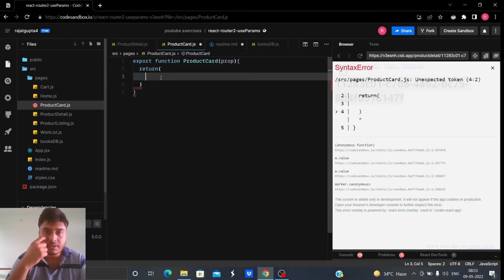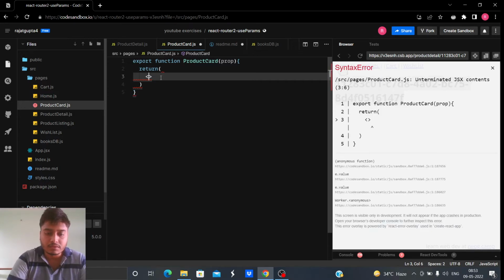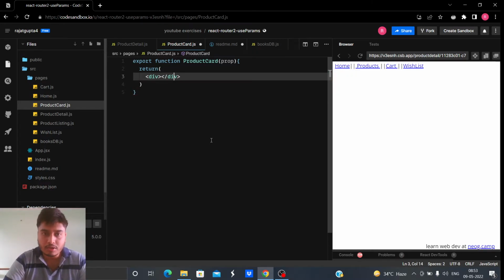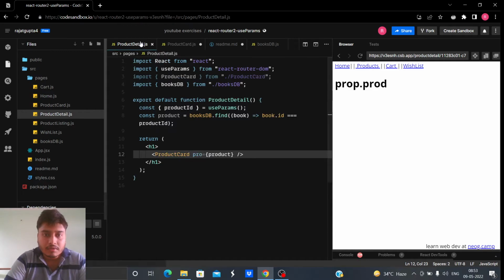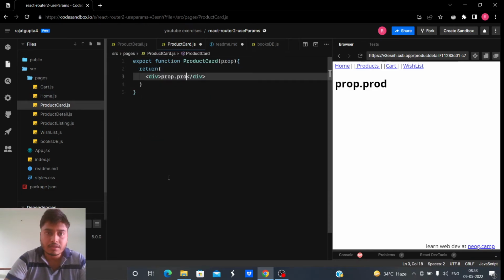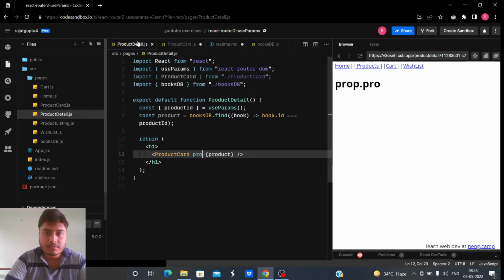What I want is the elements of this prop to be displayed. Let me just check if it's working. What I did is, I did just product here, no, pro here. Okay, no, let me just do book here, book.